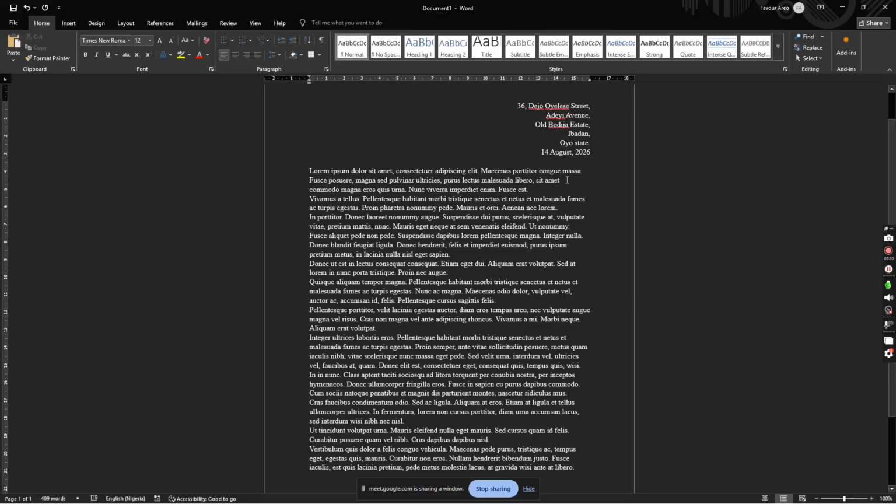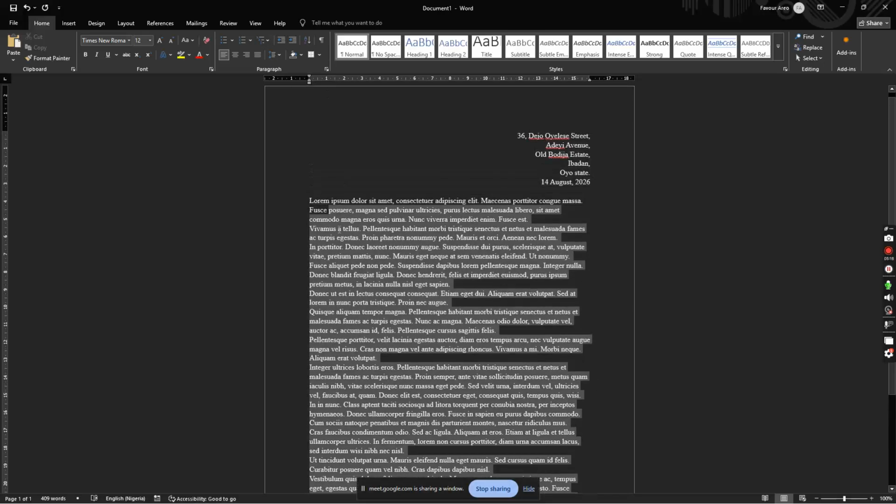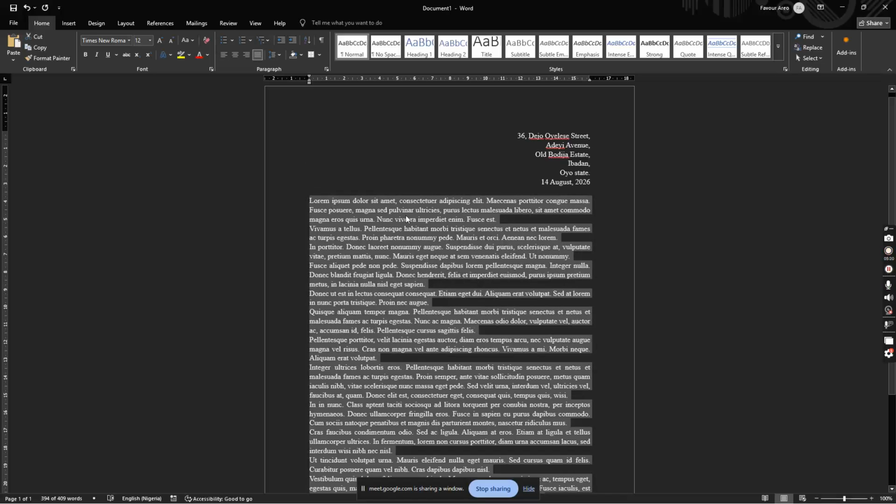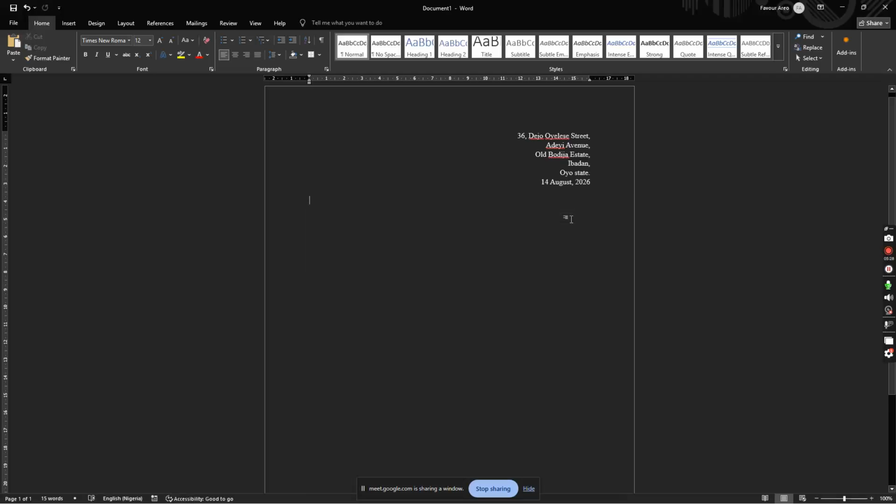Okay, so this is left align. You see that some lines are not balanced like that. But if you change this to justify, I use Control J for justify. You see that now it is balanced proportionally, right? So that's what I was trying to explain. So I'll use Control J, that's justify, instead of left align. So, dear uncle,